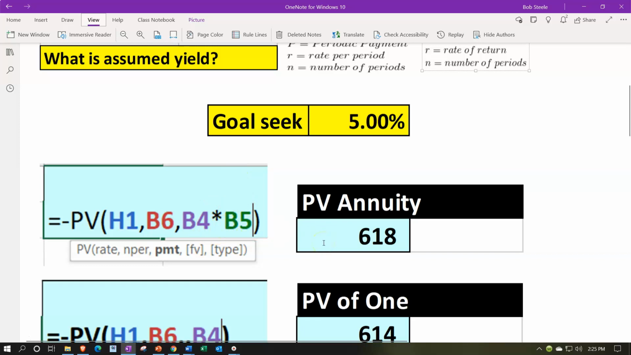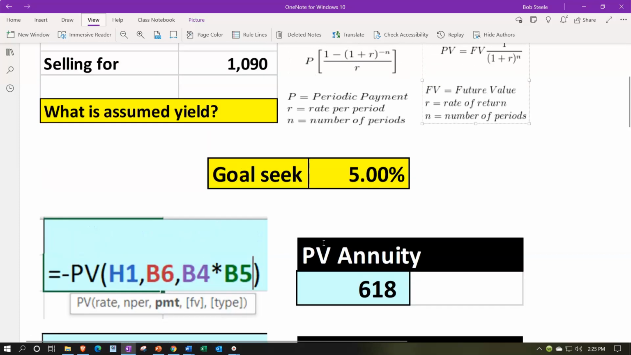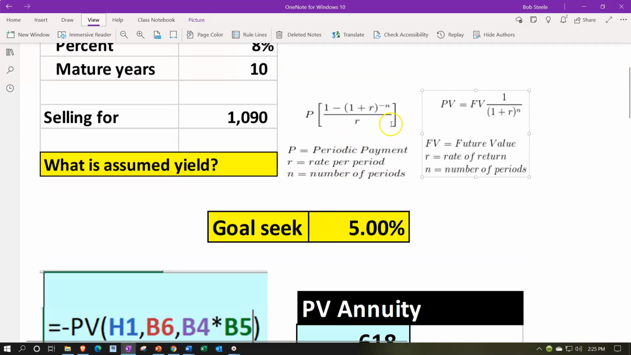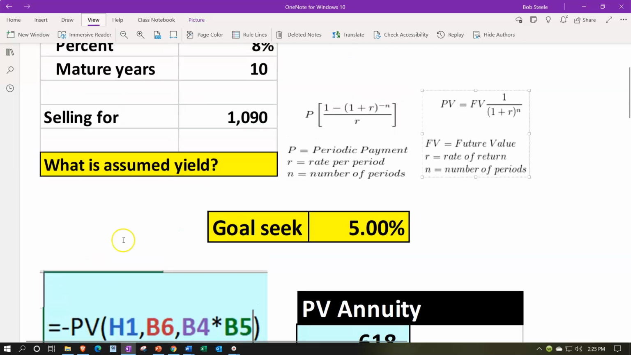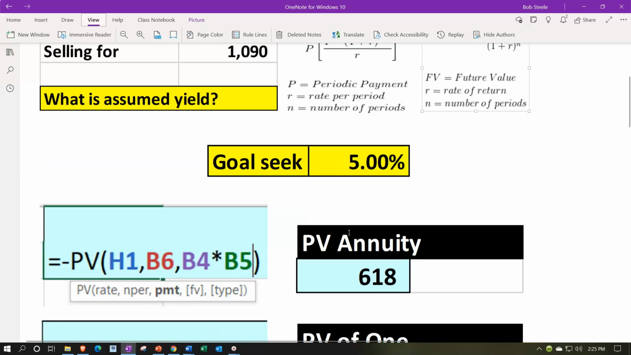That would give us about 618 for the present value of the annuity, which does take into consideration R up top, R here, which is what we're basically looking for, and are assuming to be 5% to be our starting point. Then we're going to add the present value of one calculation, the present value of the 1,000 in our case, present value of the rate, that's going to be the assumed rate, the 5% that we're going to change,